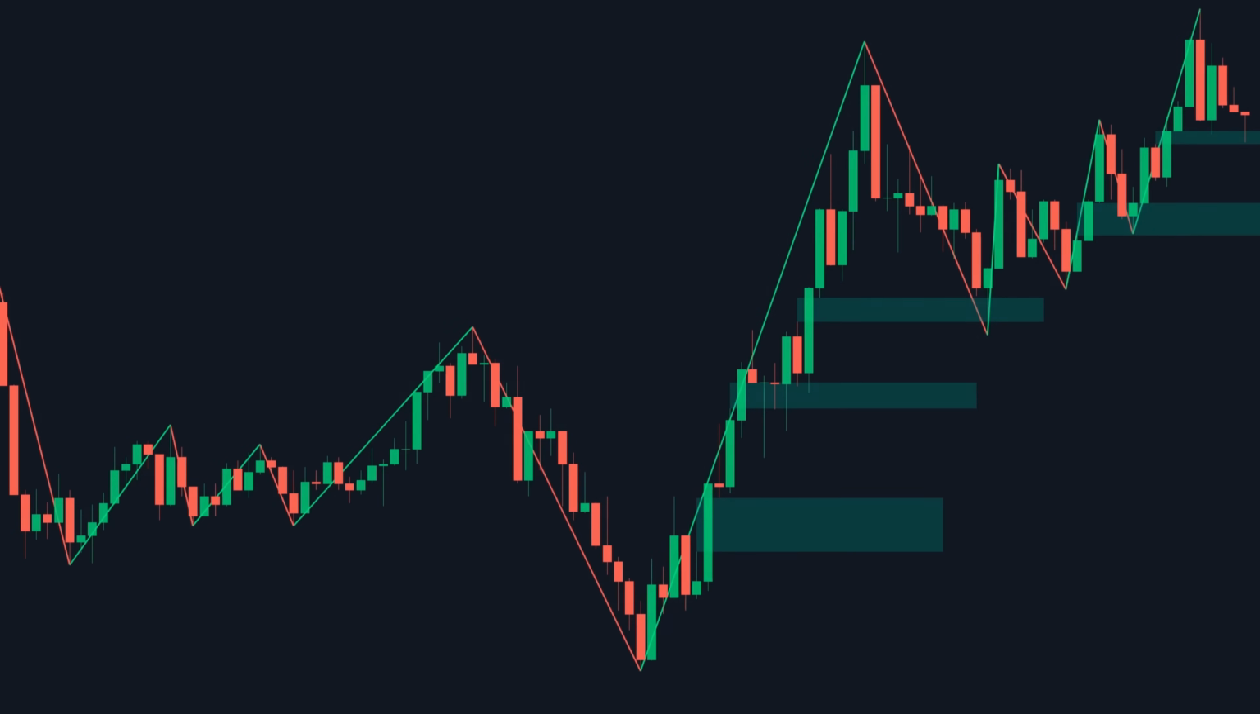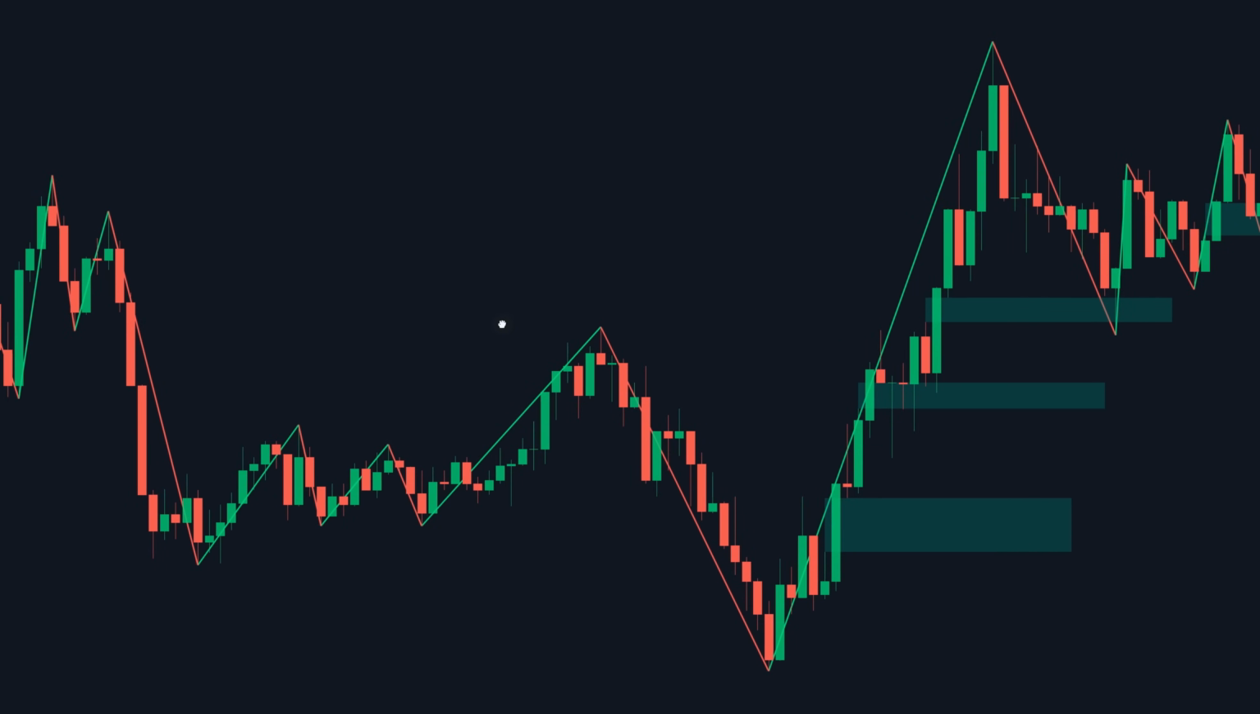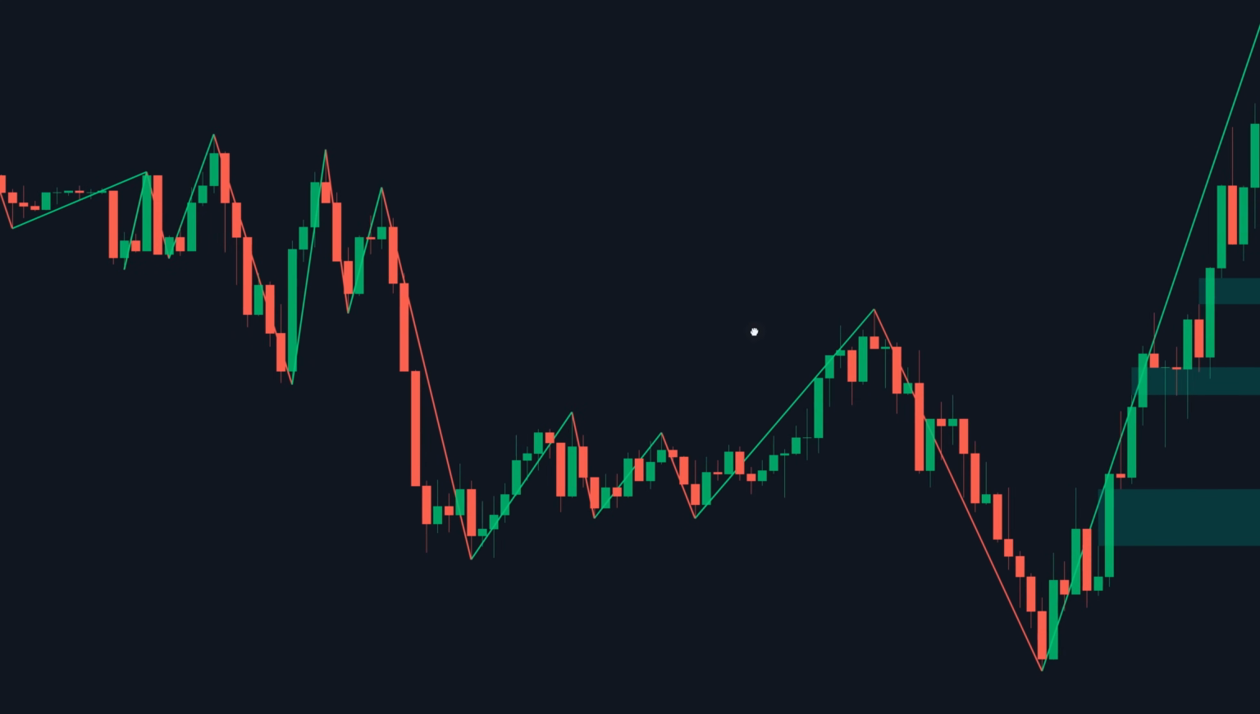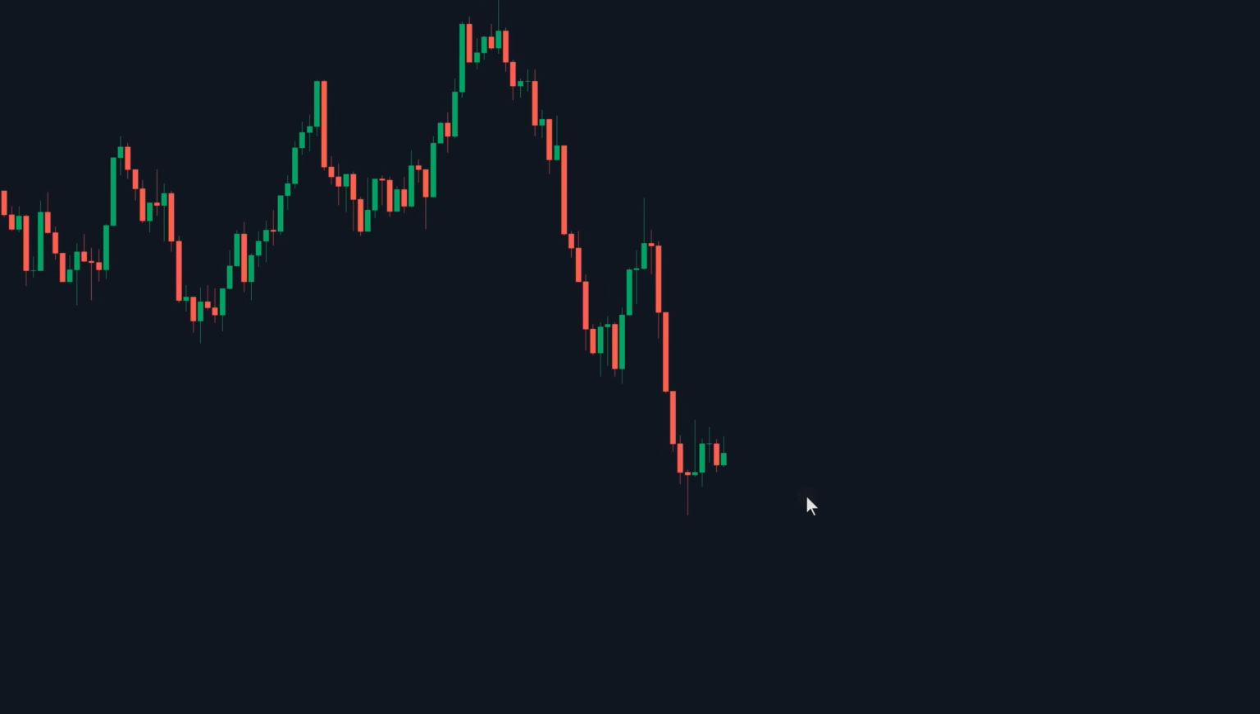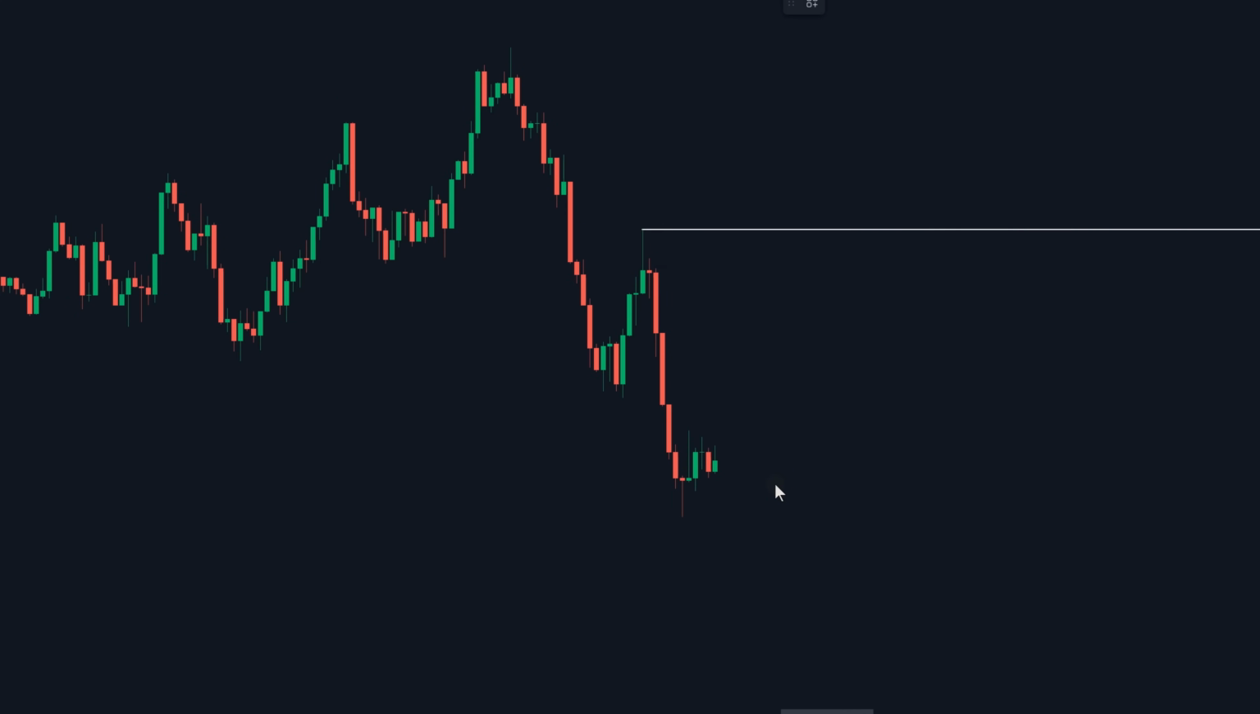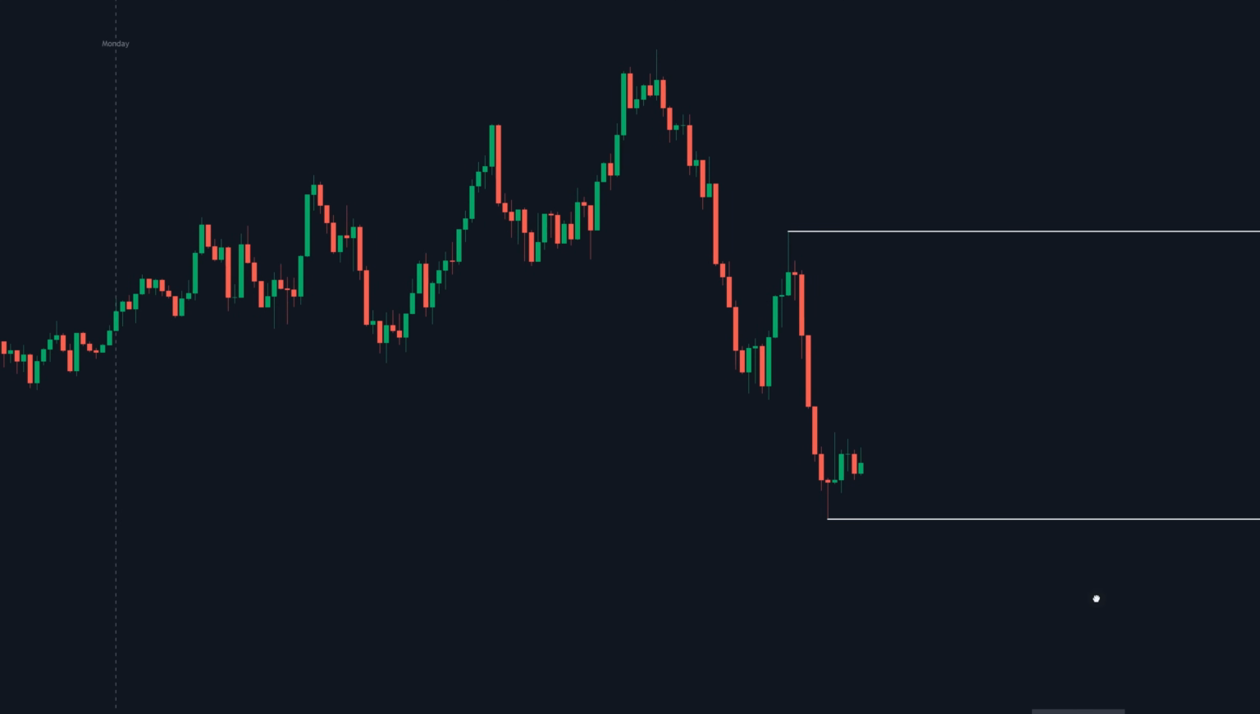So condition number 3 requires us to identify the pre-market buy-side liquidity and sell-side liquidity levels. For the buy-side liquidity level, it's going to be this swing high right here. For the sell-side liquidity, it's going to be this one right here. Done. Now, the 4th condition is really simple because it involves us just sitting around waiting for the market to